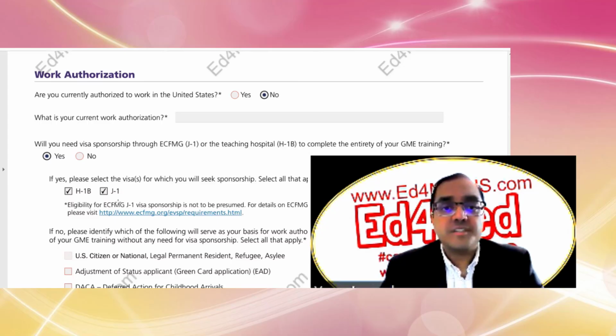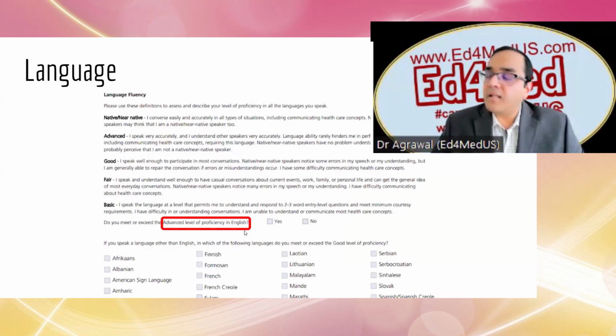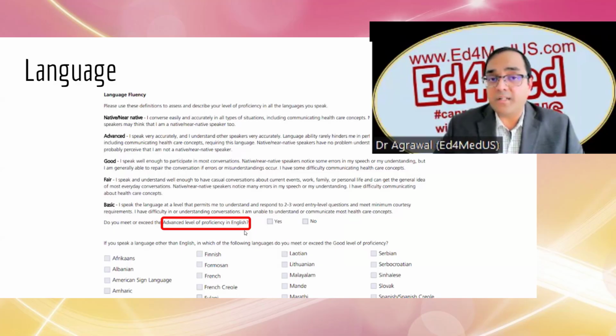That's entirely your decision. Okay, language skills. Now, what's very important is you need to have an advanced level of proficiency in English or higher. And like I said, in the last 4 years that I've been doing this, there has been, I think, one applicant who chose good. And I had to tell them this is going to make it difficult for programs to invite you for an interview, because at the very least, they want advanced English communication skills. So please work hard to get to that level, which is explained here, because that's very much needed in your daily work and communication. I'm very glad they did this, because then there's less confusion.